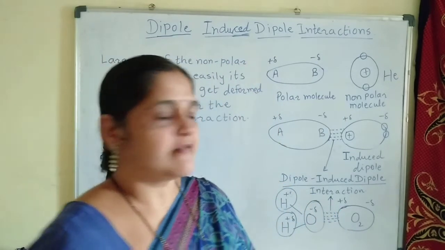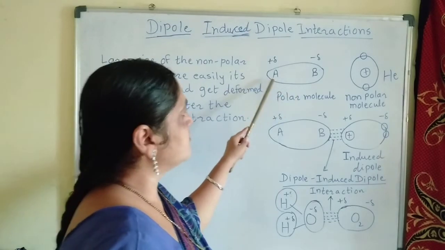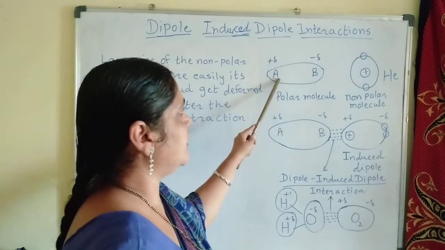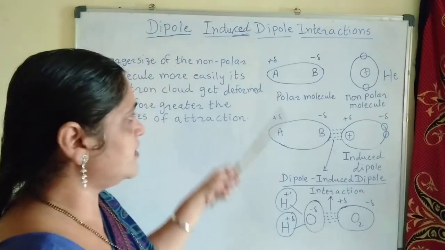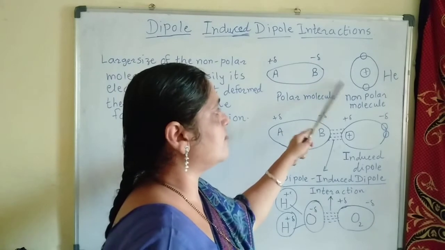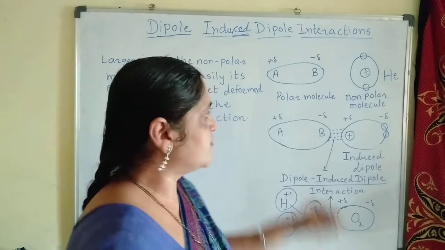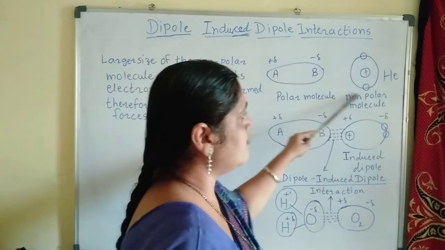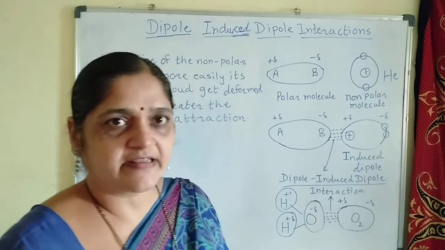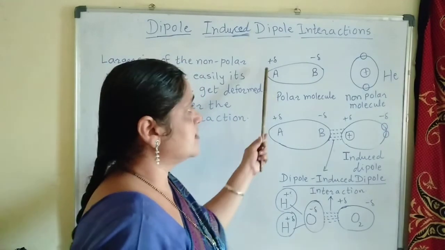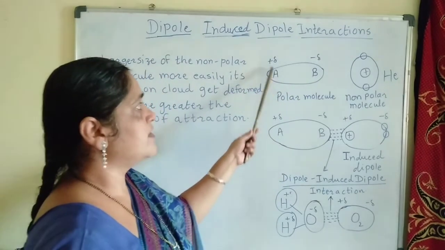Now I have taken here the example of polar molecule AB, where the permanent dipoles are existing. So A is carrying partial positive charge, B is carrying partial negative charge. Now if this molecule comes in contact or comes close to a non-polar molecule like helium, right? So here helium already has the symmetrical distribution of the electron. So poles are not present in helium, but the polar molecule AB has presence of the dipole positive A and